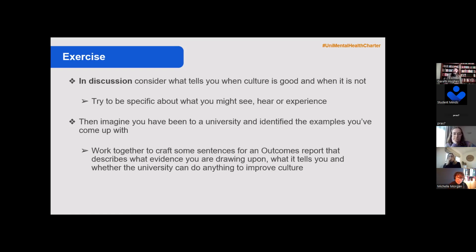And I'm really trying to think about when we talked earlier about putting things into evidence. What evidence are we seeing from the university? What evidence might we want to point to in national guidance or research? And therefore, what might we want to say to the university on the basis of what we've seen? So imagine you've been on one, or if you want to draw on an example, if you've got somebody in your room who's actually done an assessment before, that's perfectly valid as well. So think about two things. First of all, what tells you when culture is good and when it isn't? What are you seeing specifically, hearing, experiencing? And then how might you report that, written up in the outcomes report? And when we bring you all back together again, we'll ask you both of those questions. And if you can share your sentences back with the group, that would be really great.